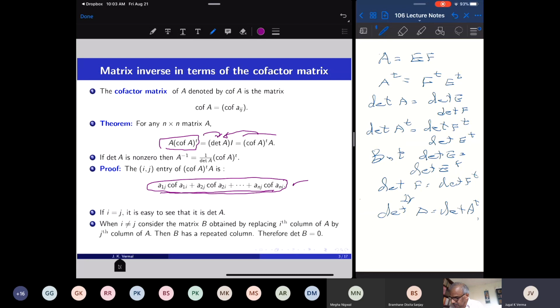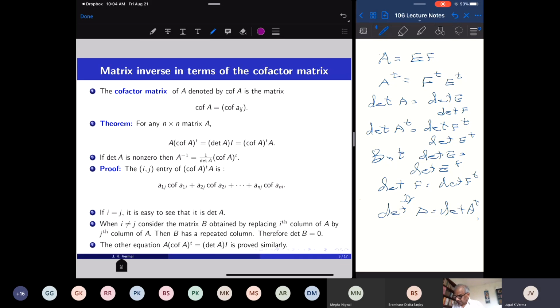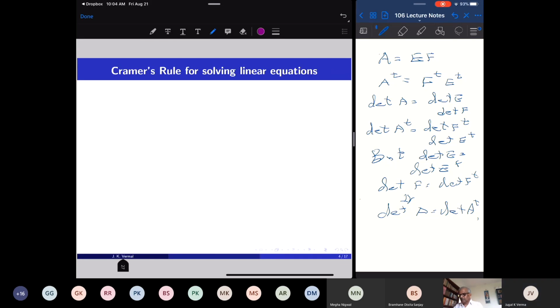Okay, but the same method will give you that the left hand side is also equal. So this is the cofactor formula, and it gives me A inverse if determinant of A is not equal to 0. This leads to Cramer's rule for solving linear equations, which you have seen for a 2 by 2 or 3 by 3 system of linear equations. If you have as many equations as number of variables, using Cramer's rule you can solve if determinant is not equal to 0. So let us do it for a system of n equations in n unknowns.